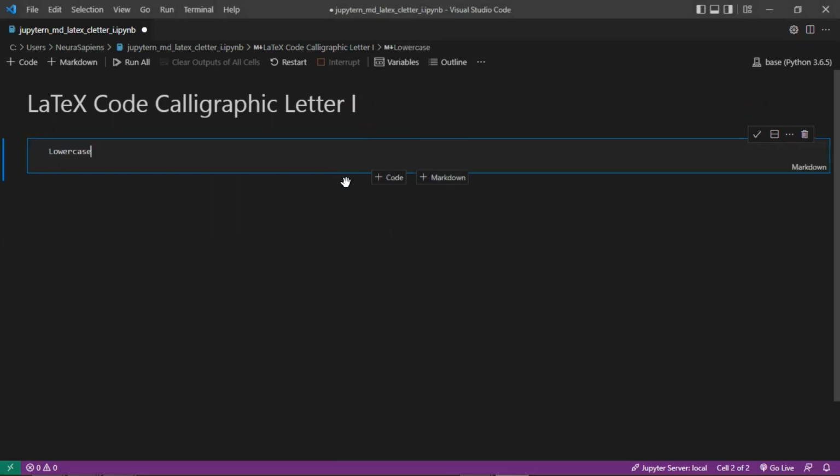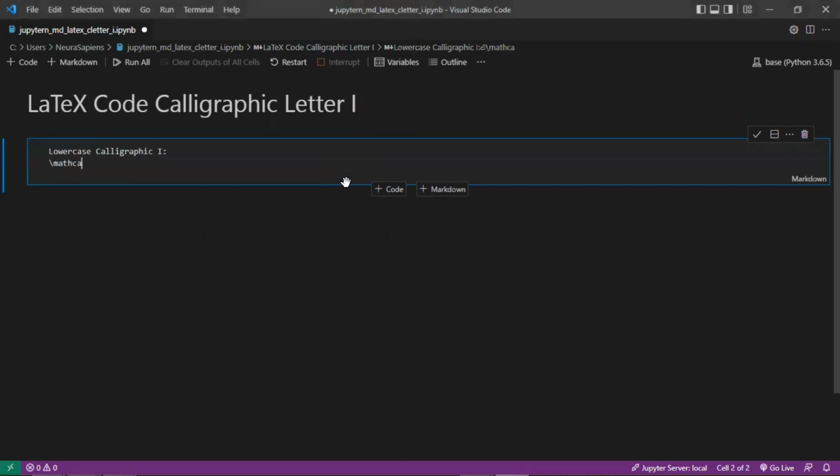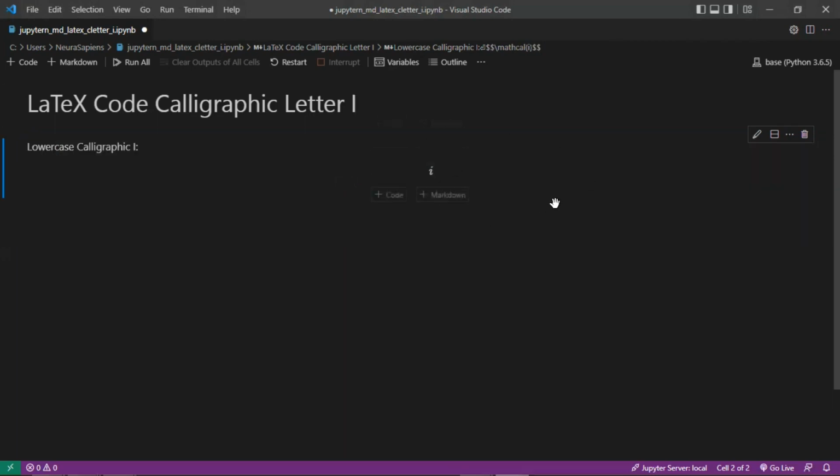Here we'll add in lowercase calligraphic I, and we'll use the command mathcal. So that's backslash followed by mathcal, and we'll input in this command a lowercase I. And to actually show this letter, we need to add $$ symbols before the LaTeX code, as well as $$ symbols after the LaTeX code. So now when we run the cell, we have a lowercase calligraphic I here, centered in the middle of the